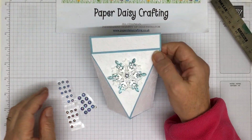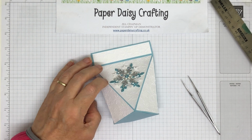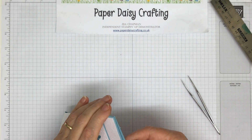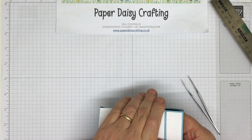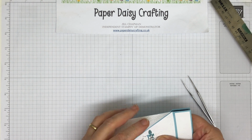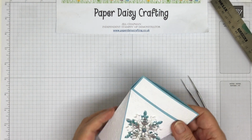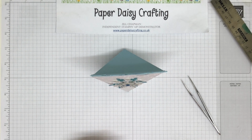Right, there we go. That's that. And then lastly, again, you can't get much purchase on this snowflake, so you might need to pop it open and just push it down a bit. Just need time for the glue to dry. Right, okay, and then we need the bow,